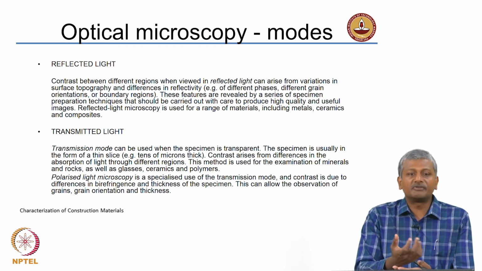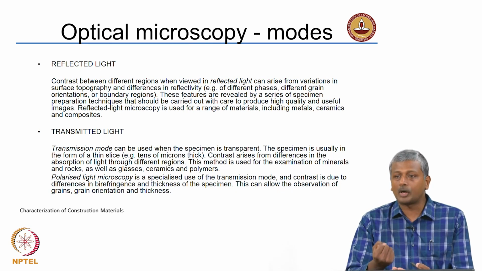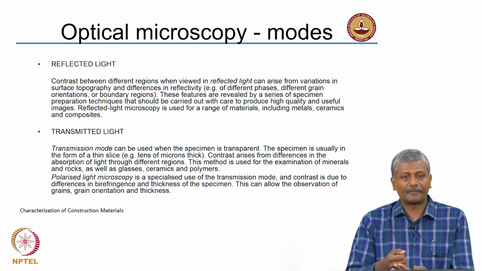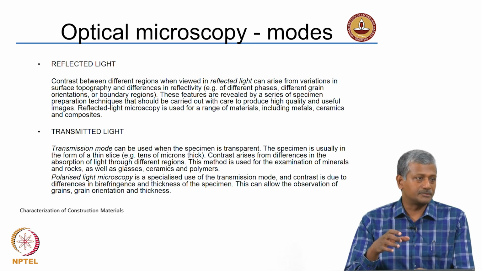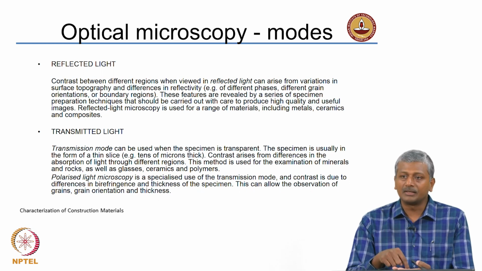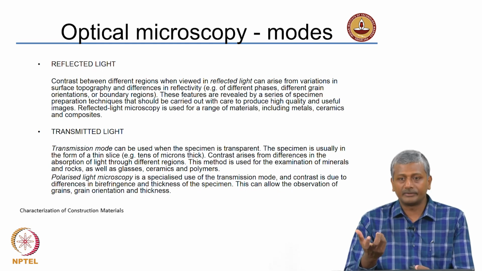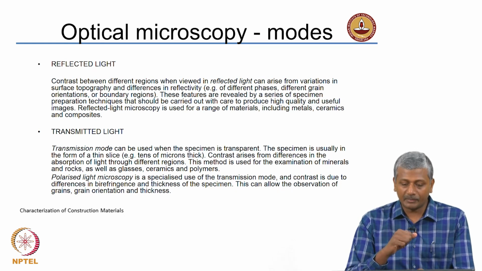Okay. So, different phases depending upon their characteristics of light absorption and reflection may reflect different amounts of light, okay. And that is what your image is going to capture, the reflection of the light from the surface of the specimen. Depending upon the phase composition, some phases may be able to reflect more light than the others. So, that is why it produces a contrast in your reflected light imaging.